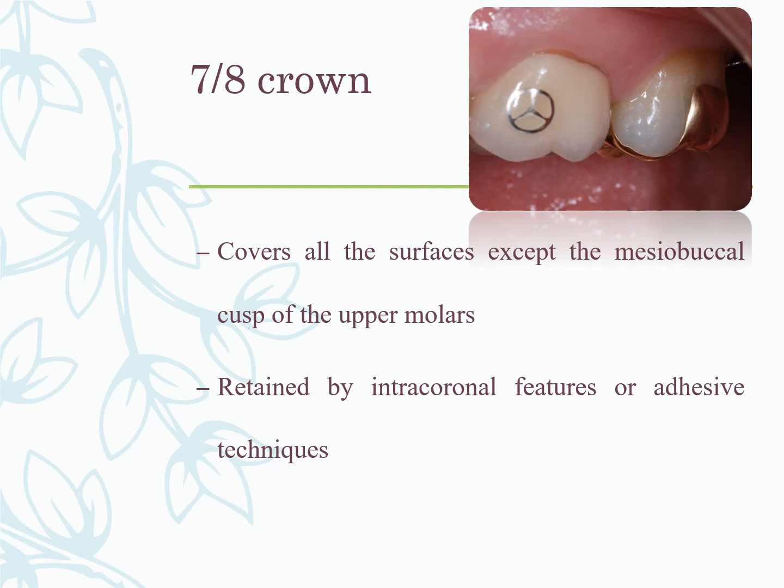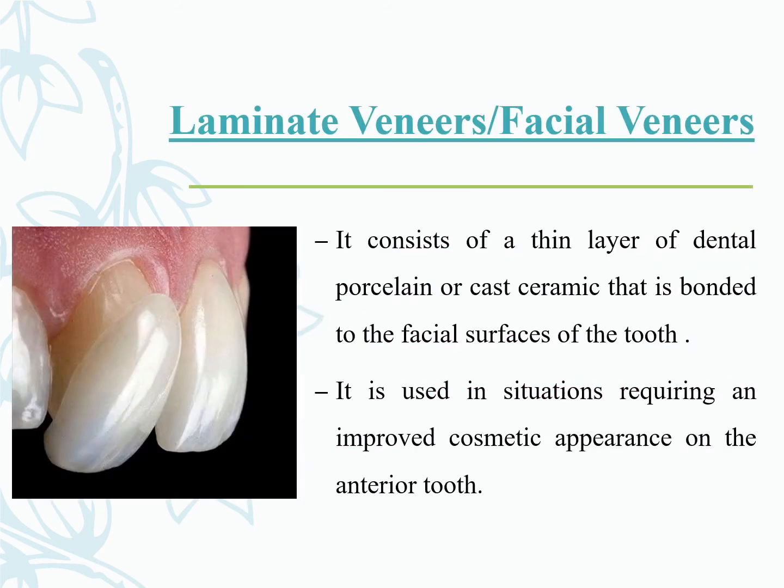by giving a small bevel or a chamfer finish line, and you will have a crown that is restoring the occlusal surface and the entire palatal surface. So when you are giving a groove, this again helps in improving the retention. So intracoronal features, grooves or ledges can be provided, and they help against anti-rotational forces. Please make sure to remember that your mesiobuccal cusp is intact, and all of the other tooth structure is completely prepared.